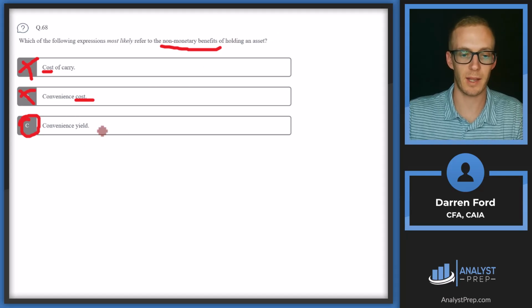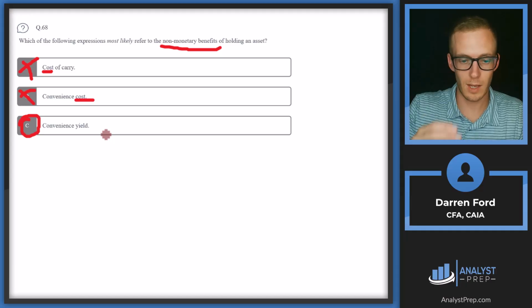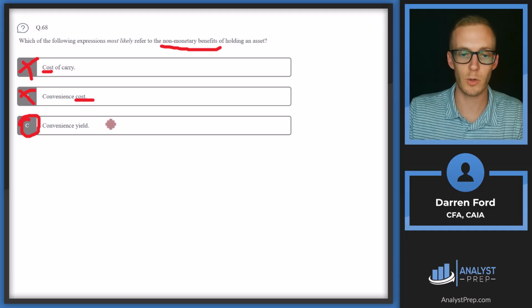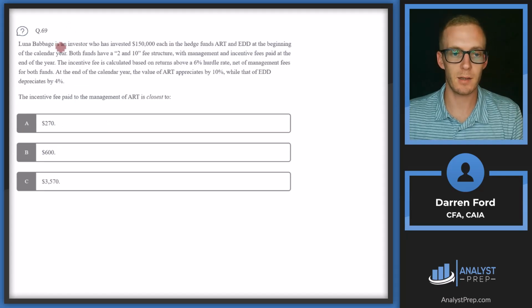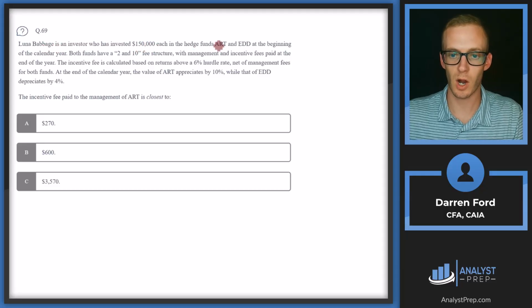So if you looked at something like oil as an example, if you're an energy company that needs to hedge, it's helpful to maybe use oil futures and whatnot. But at the same time, if you need to ramp up production or do other things that require you to have the physical oil, that convenience yield is that benefit of holding the oil versus the futures contract. So that's going to be convenience yield. Answer C. Question 69. Luna Babbage is an investor who has invested $150,000 each in the hedge funds ART and